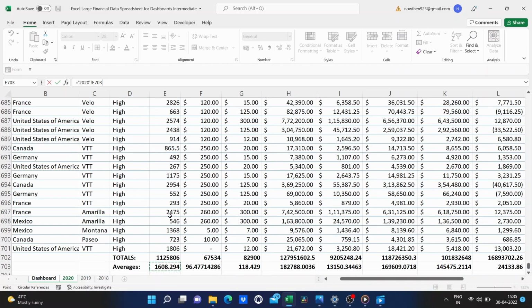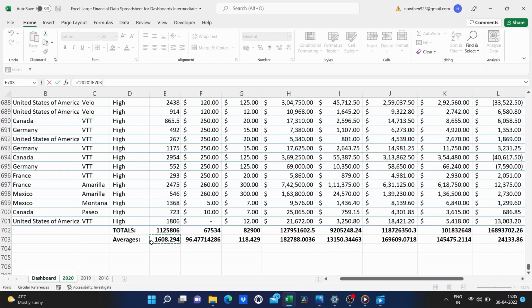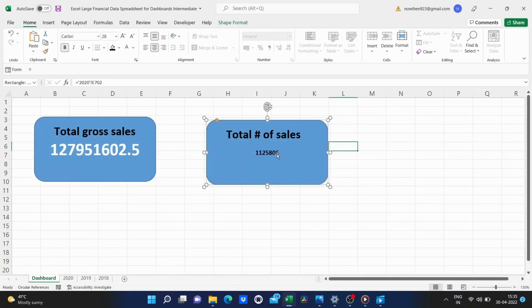It takes me down to the lowermost part of the spreadsheet, and you'll notice that I cheated a little bit. I added averages underneath totals. But right now, I'm still dealing with totals. So I click there on the total number of items sold, and you can see up here, it's entered into the formula bar. I tap enter to take me back to this screen, and you'll see it is linked up properly, 806, 806.